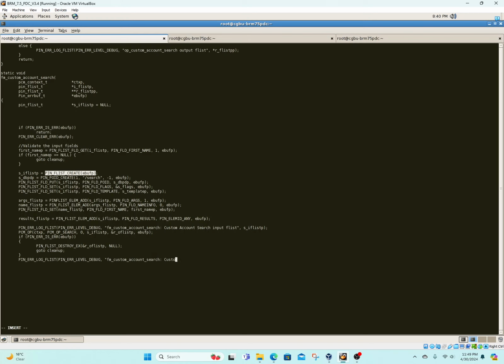So I'm just trying to print the return flist, because once we execute the search opcode successfully, using the input flist that we have built, we are just trying to print the output, the results that we got. So that's about it. Pin flist